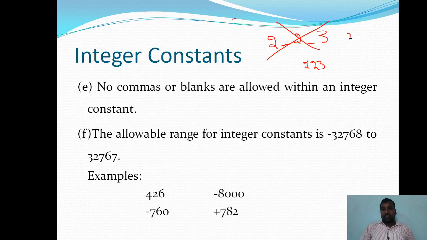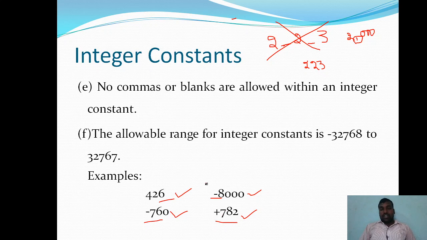And at the same time, do not allow commas like in 2,000. In normal days, while writing the denomination of money, generally we use the comma separator to separate hundreds and thousands, and thousands and lakhs. In that manner, don't use commas while writing an integer constant. So these are the valid constants. Here these two are negative integer values, and these two are positive integer values, both are the same.